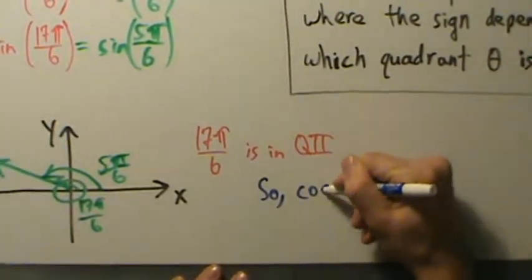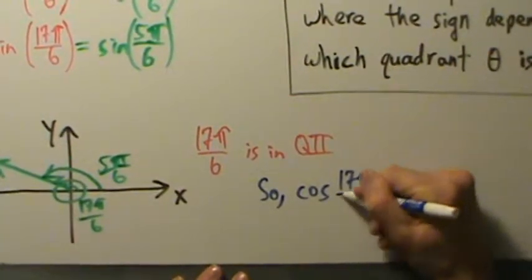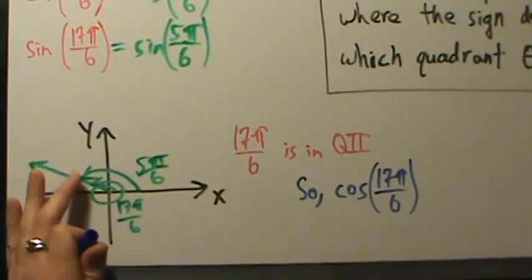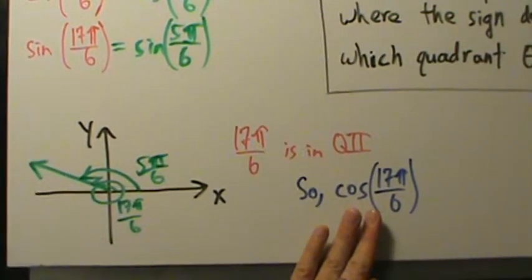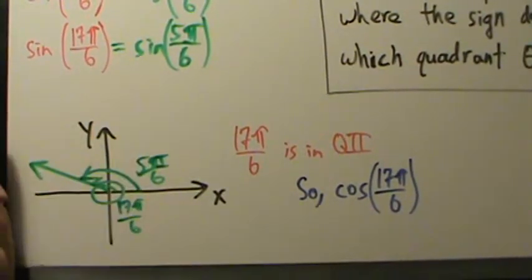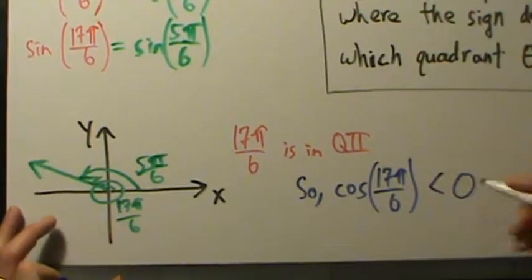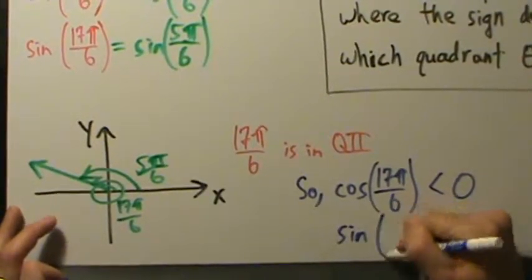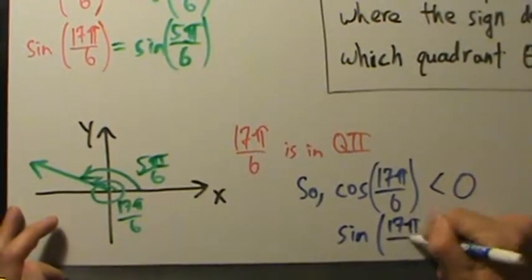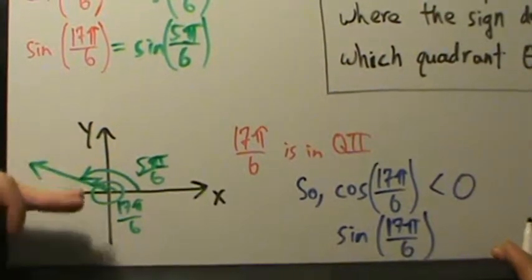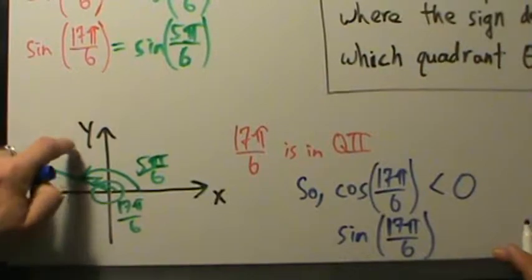So cosine is 17 pi over 6. Now if you're in quadrant 2, remember cosine corresponds to the x-coordinate on the unit circle. So to the left of the y-axis, x-coordinates are negative, so the cosine is negative in quadrant 2. Okay. And the sine, remember the sine corresponds to the y-coordinate on the unit circle. Okay. And if you're in quadrant 2, you're above the x-axis where the y-coordinates are positive, so the sine is